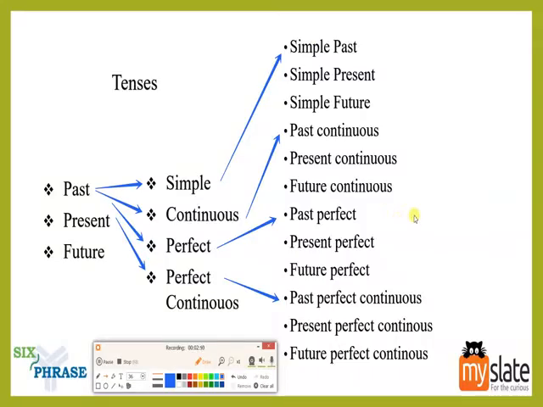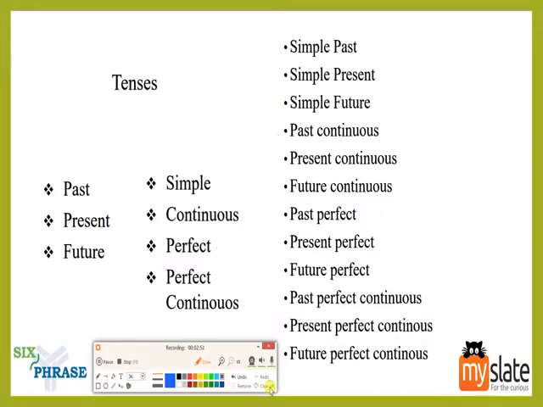We are mostly going to be using, let's say, till here. I'll just draw it so you will be able to see it. Mostly we'll be solving questions till here. These 9 tenses are the ones which we will see mostly.